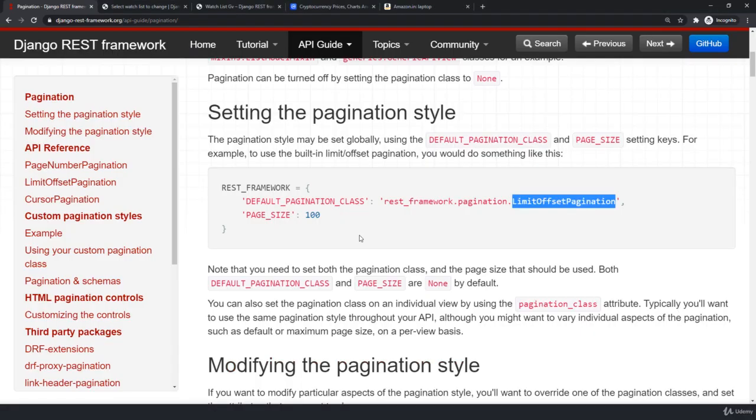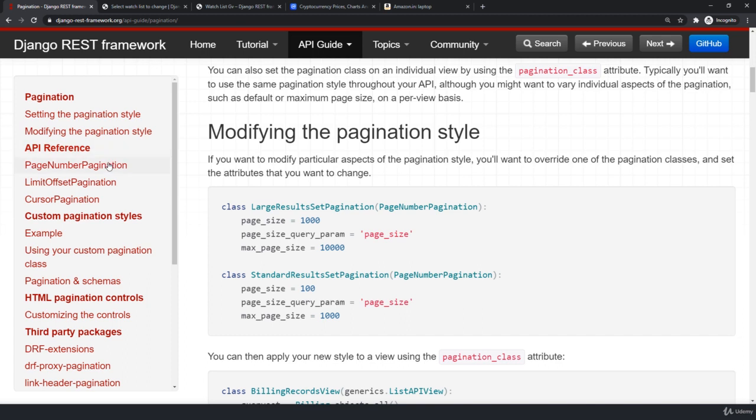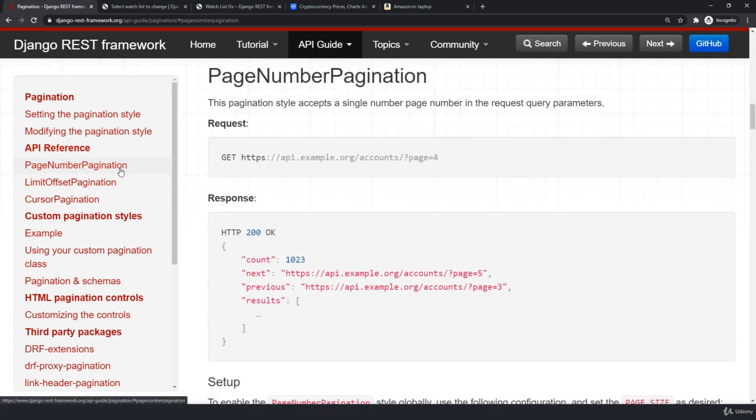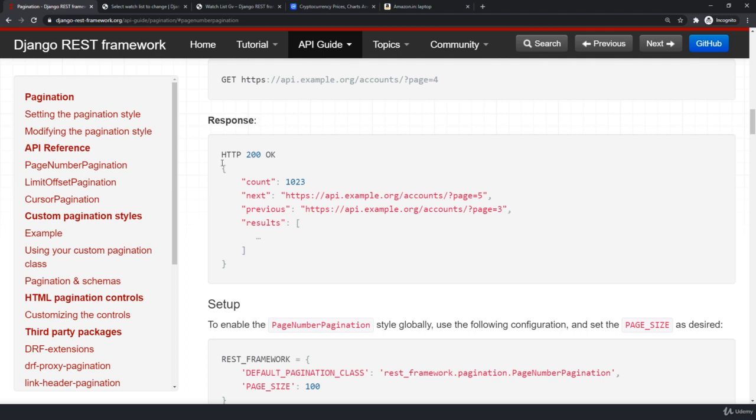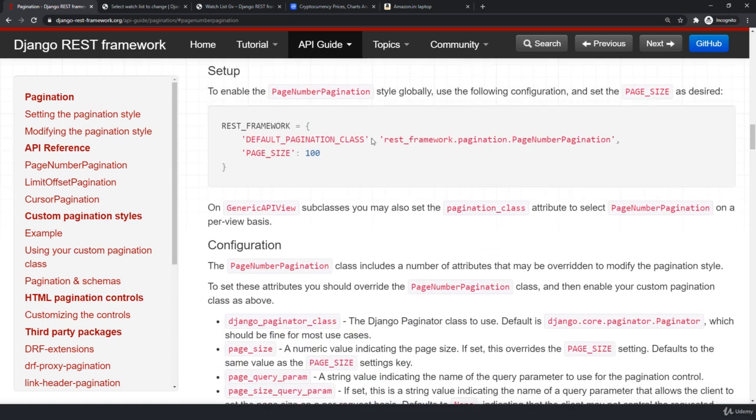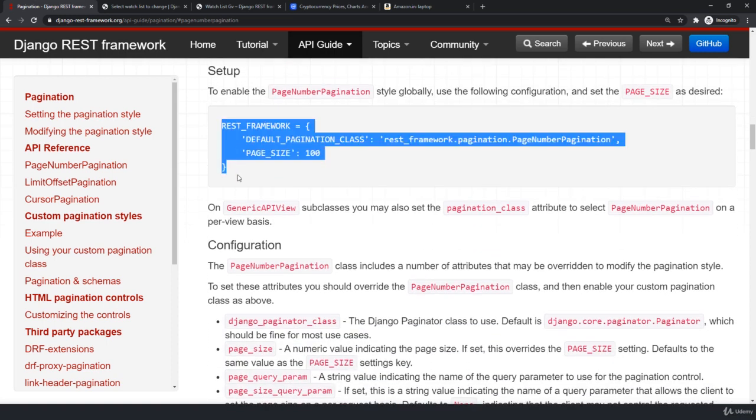Now we are going to store all our classes inside this. So the first thing I'm going to do is click on our page number pagination, which is our first topic. See the idea how we are going to get responses. You can see this is how we are going to get responses. Currently we have watchlist and then we are going to have these page number. Okay, so I'm not going to utilize this. This is global setting. I just need to understand this for a while now. Let me copy this one